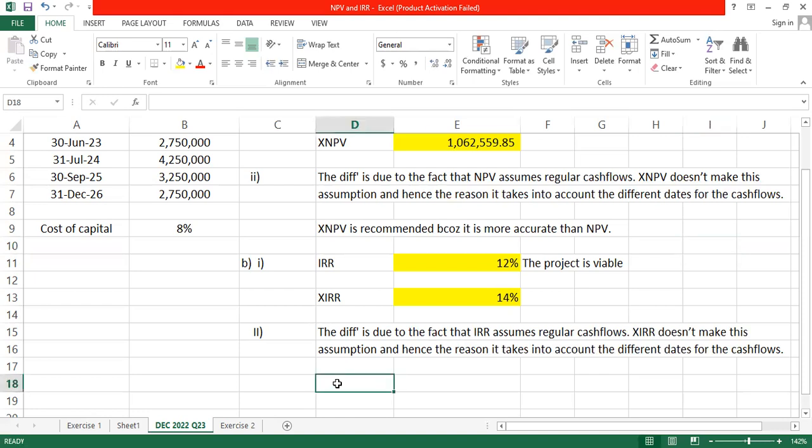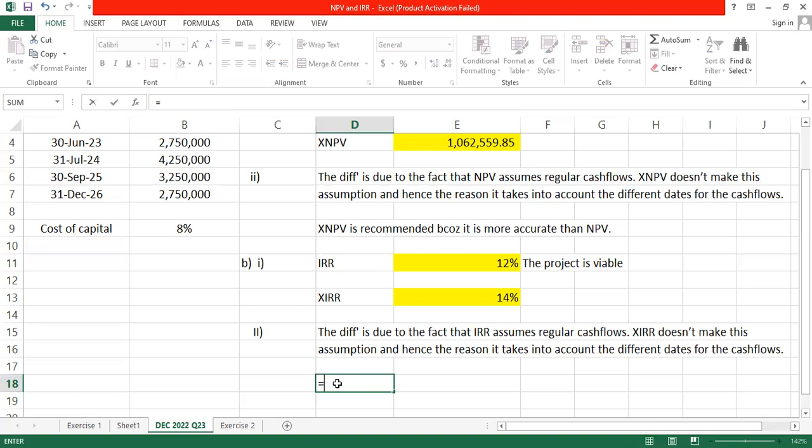So again, the difference is brought about by the assumption by IRR that cash flows are regular. That may not necessarily be the case. And so XIRR solves that problem because it now considers the different dates on which the different cash flows